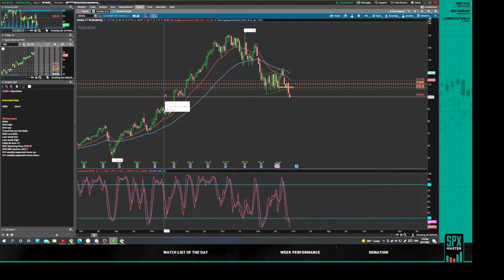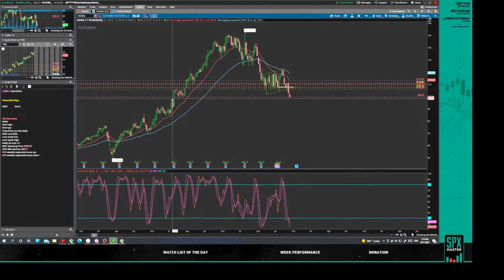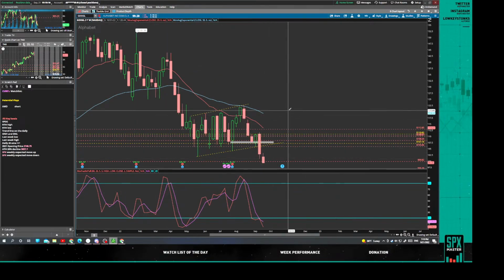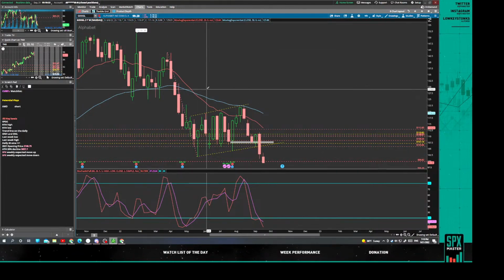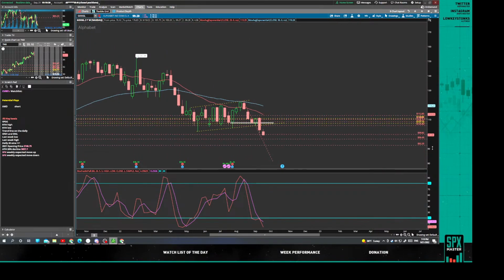This one is going to be tough because it does look like it lost it, but it's right on it. I would say a little poke does not mean anything, because you could look at this high on the weekly and then this high on the weekly right here for next targets on the level for Google, right? And this looks like a bear flag. If you extrapolate the move down, you're looking at all these levels for targets.